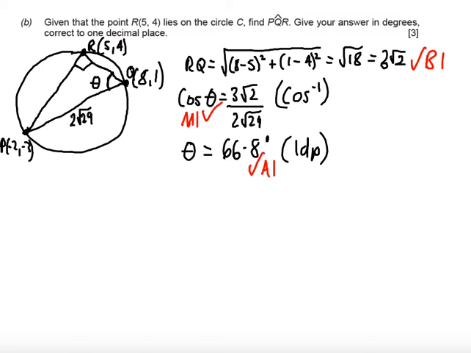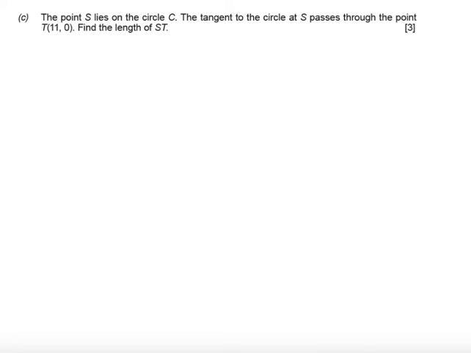Okay, finally, let's look at part C of this question. We're told that the point S lies on the circle C, and the tangent to the circle at S passes through the point T, which is (11, 0). Find the length of ST. So again, we need a sketch of